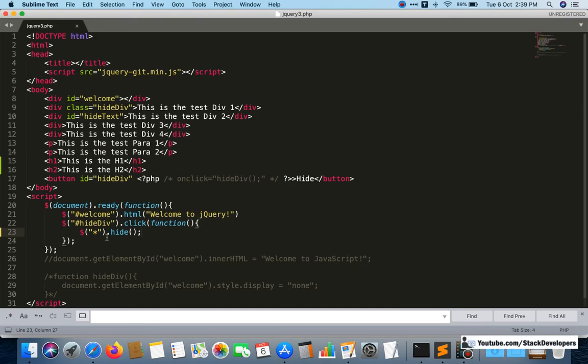Star is the best option for this. It means you can hide all the HTML elements in a page. Div is an element, p tag is an element, h1 and h2 are elements. All the elements we want to hide, so for that we are going to use star.